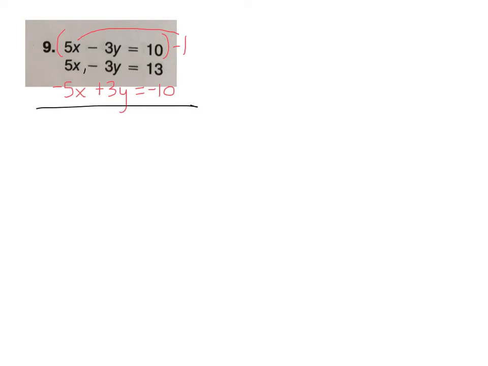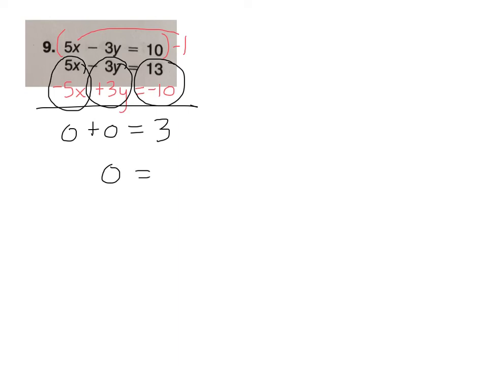Alright? 5x and negative 5x is 0. Negative 3y and 3y is 0. And that equals 3 plus negative 10 is 3. So I've got 0 equals 3. Now,